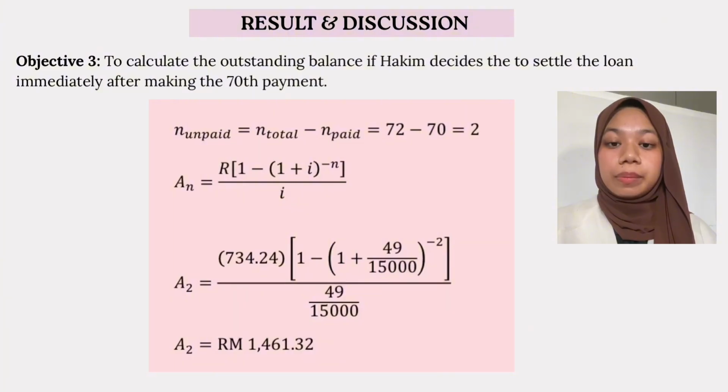Result and discussion, objective 3: to calculate the outstanding balance if Hakim decides to settle the loan immediately after making the 70th payment. The formula of n unpaid is n total minus n paid, so we get 72 minus 70 equals 2. We use the formula A n equals R multiplied by 1 minus (1 plus i) to the power of negative n, divided by i. So A2 equals RM734.24 multiplied by 1 minus (1 plus 49 over 15,000) to the power of negative 2, divided by 49 over 15,000. The answer of A2 is